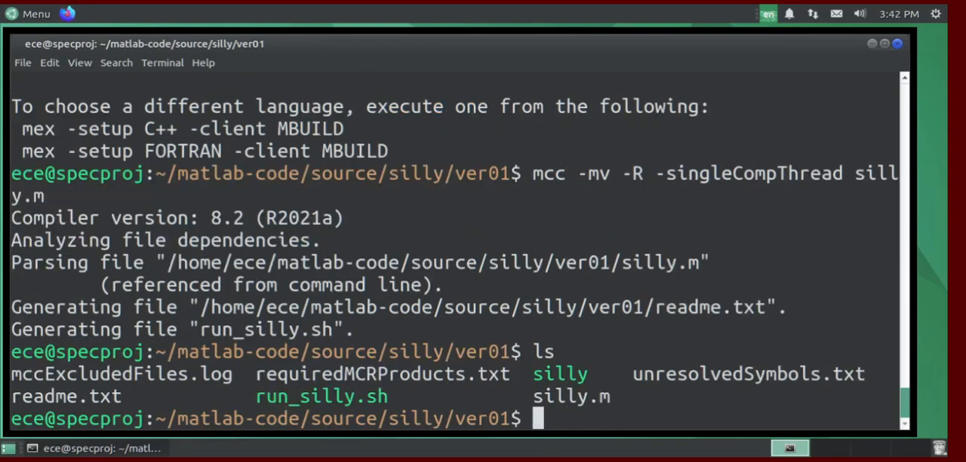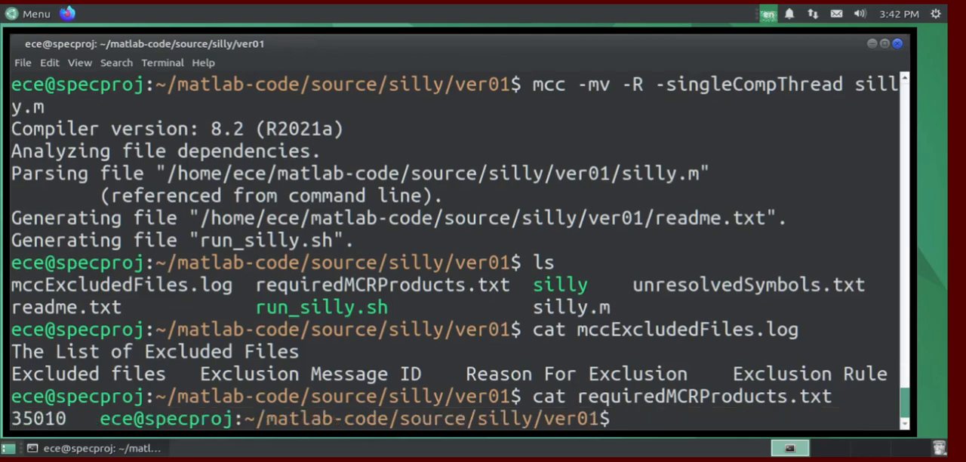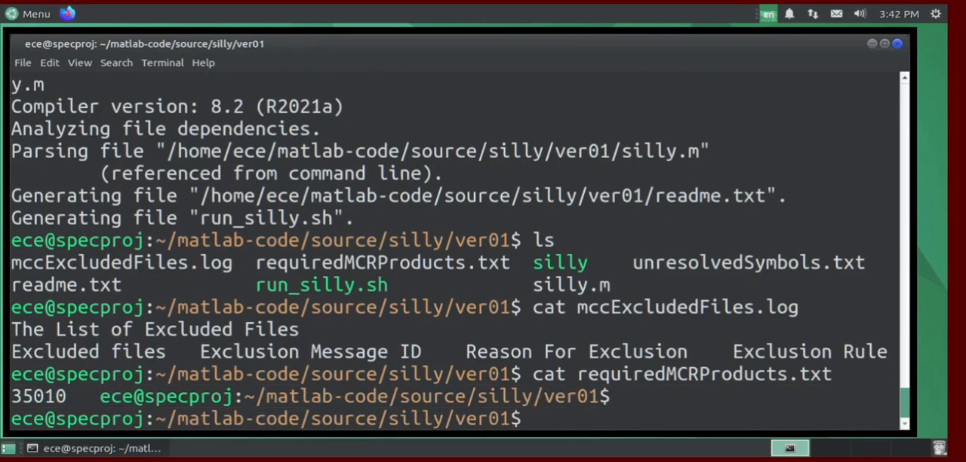Okay, so if I type ls to see what's in that directory, now we have a bunch more files. Before, the only file we had in here was silly.m. Now we have a file that will show us what files were excluded when the MATLAB code compiler was run. So we'll take a look at that. No files were excluded. It's a very small, simple .m file, so I would be surprised. There will most likely be a file required when this runs, because it does have some functionality. So we'll look at the required file, and yep, looks like there's a little bit that's going to be required when it runs. It will look for that in the